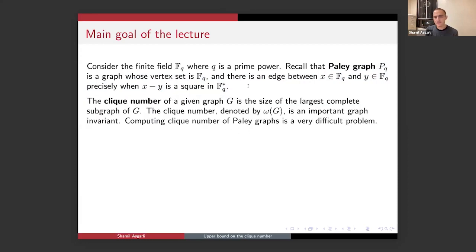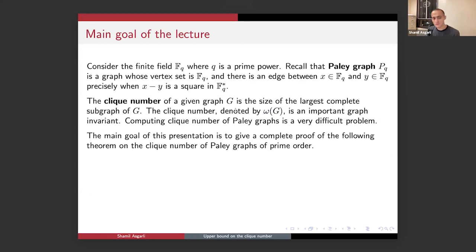The clique number of a given graph is the size of the largest complete subgraph of G. In other words, the clique number measures the size of the maximum clique in a graph G. The clique number is an invariant of a graph, and it's denoted by omega of G. For any graph G, you can ask: how big is the clique number? In particular, when the graph is a Paley graph, it turns out that computing the clique number is a fairly difficult problem, and it's still an open problem to give a precise formula for the clique number of Paley graphs. So the main goal of today's presentation is to give a complete proof of the following theorem